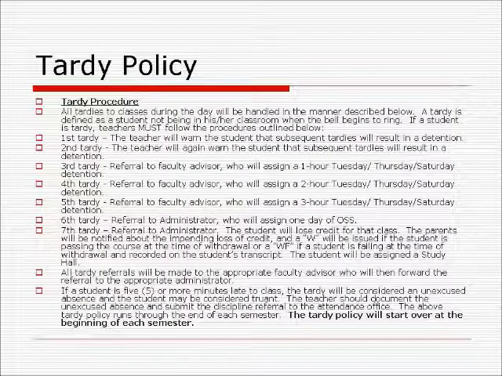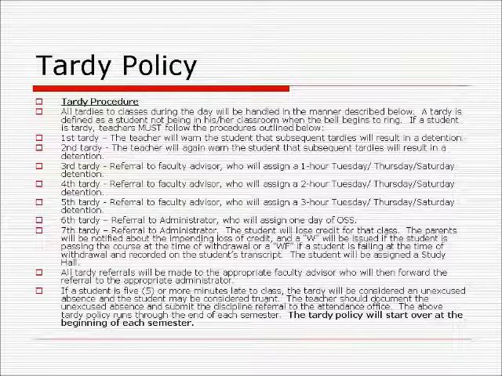The tardy policy can be found on page 16 of the handbook. Students must report to class on time. Students who fail to do so will be disciplined according to this chart, again found on page 16. Students begin to serve discipline beginning with tardy number 3, and the policy escalates until a student is suspended out of school for 1 day upon the 6th tardy, and finally, students will lose credit upon receiving a 7th tardy.